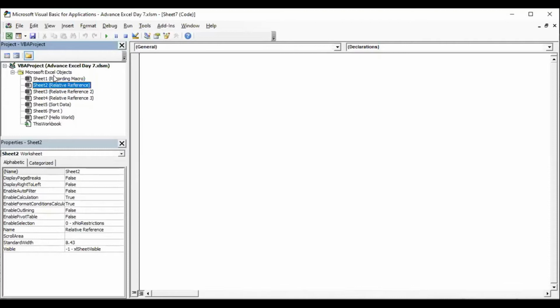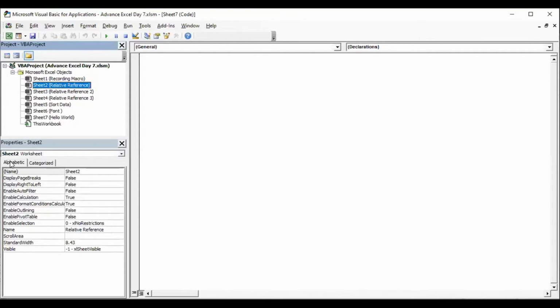There are different tools here, like in Excel: File, Edit, View, Insert, Format, Debug, Run. We won't be using all of these, as they are not really required and may be involved in high-level programs or coding. Whichever workbooks you have opened, all the active workbooks get reflected in this window, which is called the Project VBA window.